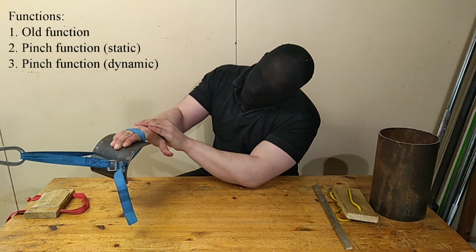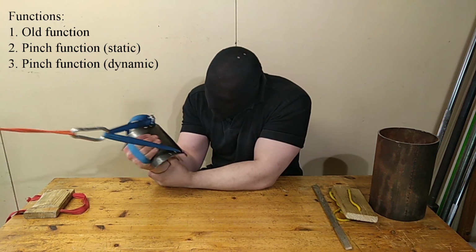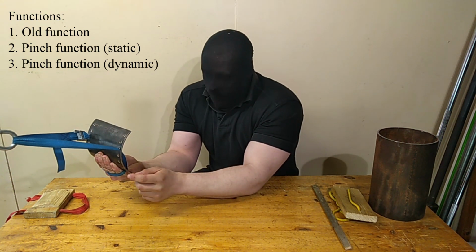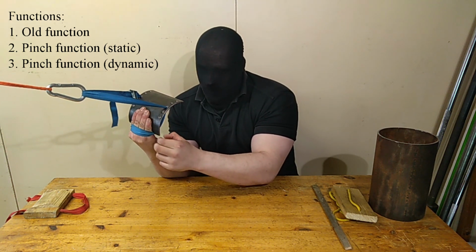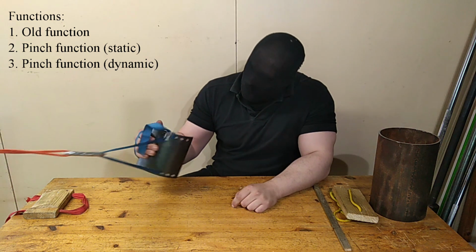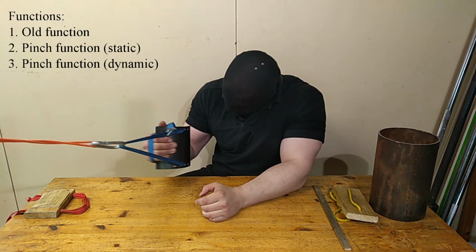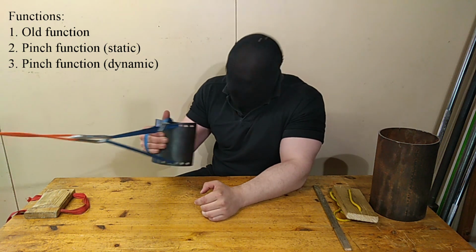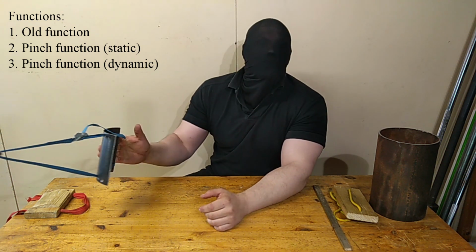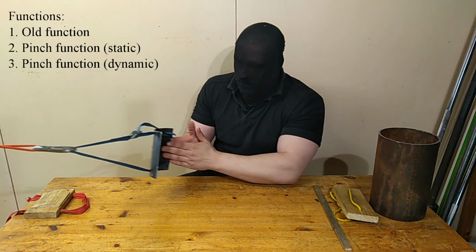You are able to isolate the fingers with this dynamic movement. And which is greatly enabled because of this very narrow blade here. It's able to pivot over this point. You could move this maybe a little bit so that it doesn't click on it, like so. Yeah, so that's the third function. You're able to dynamically train your fingers. Alright? Then the fourth function, which you can use to train this, is